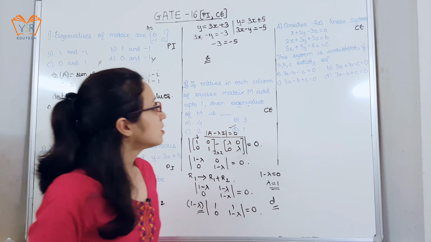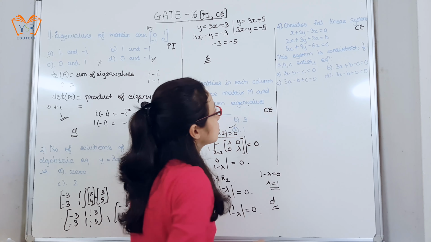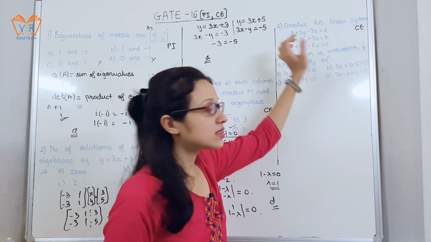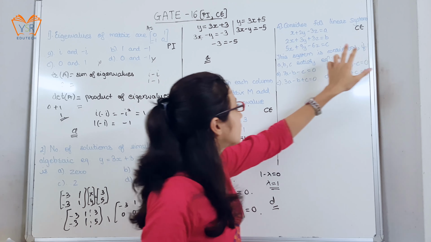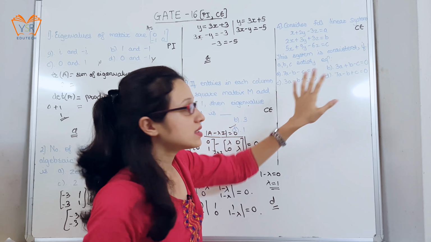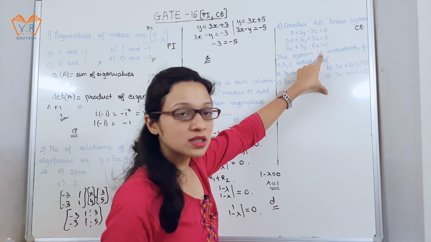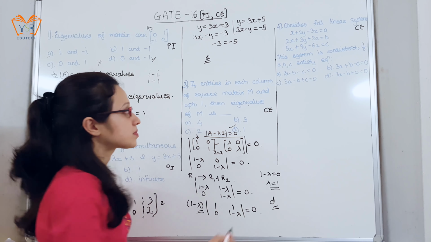So the last example, consider the following linear system. Equations are as follows. Now this system is consistent. Whatever linear system consists of these equations, it is consistent if A, B, C satisfy the equation. They have given 4 equations. For the system to be consistent, we have to find the condition on A, B and C.